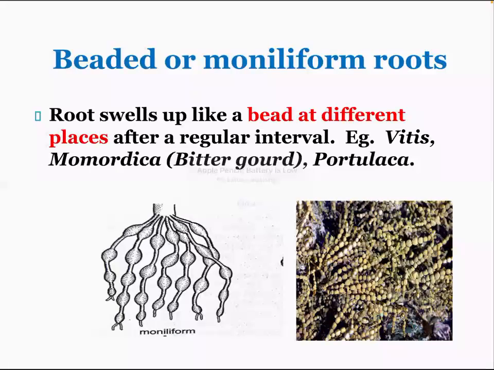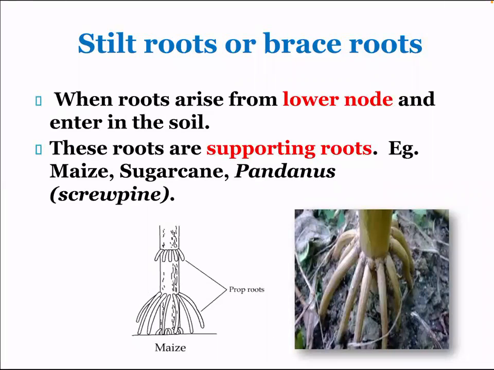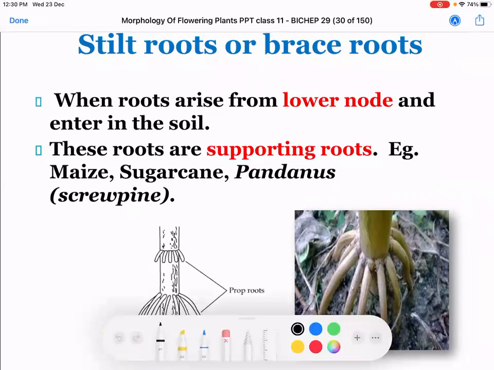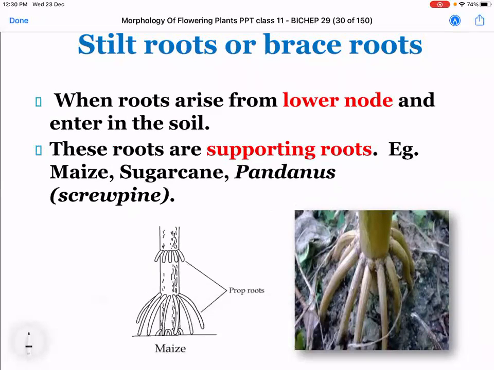Ready? Now, if I go to the next example, it is stilt root. The meaning of stilt root or brace root is that it is giving extra mechanical support. Each and every root which is produced is for the sake of giving mechanical support to the plant. Ready? So if you see the diagram here,